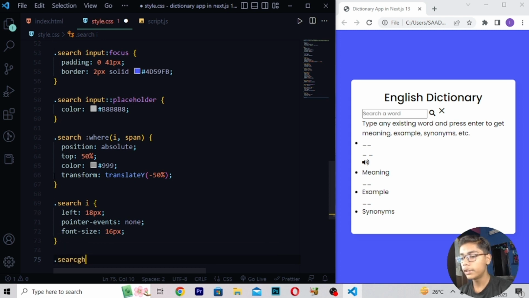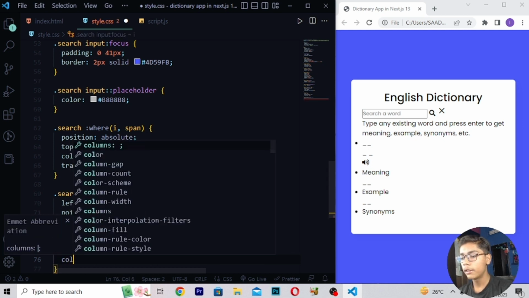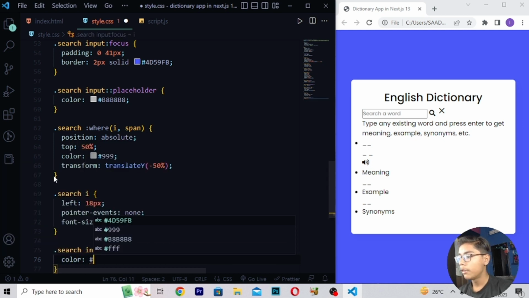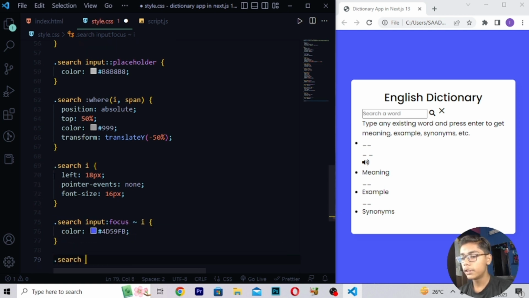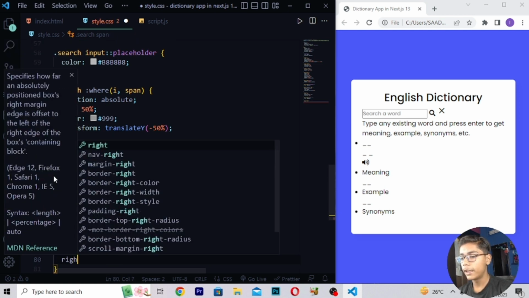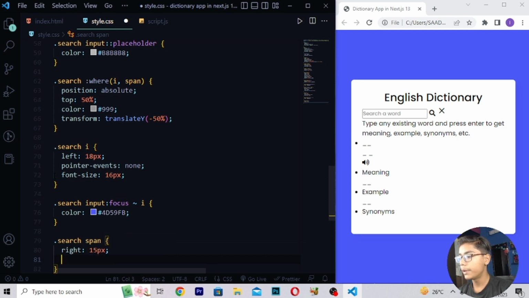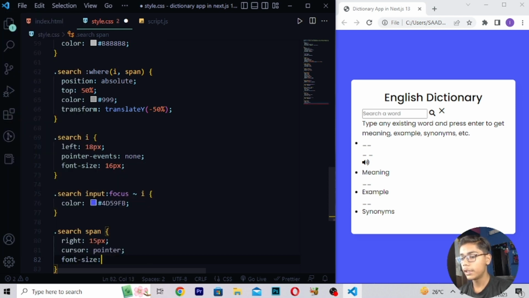Then here you have to write search input, then here I will be writing focus, here I will be writing I tag, right color which should be 4D 59 FB. Then you have to write here search span tag, right here right which should be 15 pixel, right here cursor pointer, right font size 16 pixel like this.